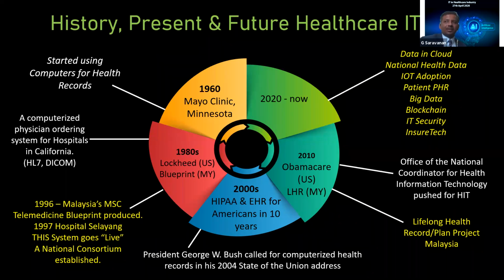PHR is your personal health record. It's on the opposite side of the EMR. EMR is what happens within the hospital. EHR is what happens nationwide. So PHR is being empowered right now, thanks to companies like Apple, Google. Many of you will be wearing an Apple Watch. I'm not wearing one, I'm a Garmin guy. So your Apple Watch is one of the enablers of PHR, which feeds data into the cloud, right? So when you have a lot of data, you have big data, and then you have blockchain and so on. I'll cover the rest later on, but here we are right now, actually, so far. Okay, that's a quick overview of